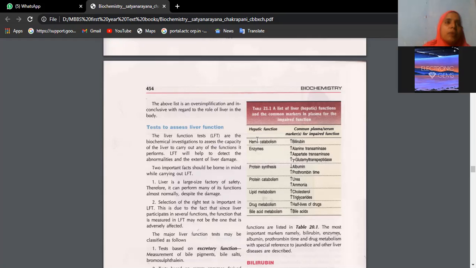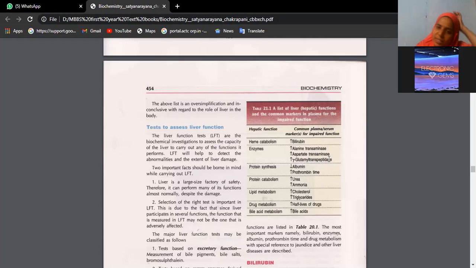Okay, there are other types, like sickle cell anemia, where you will see the RBC shape is distorted into a sickle and they get easily broken down. So in all these things we have to check with this parameter. Suppose if liver is damaged, these enzyme levels will rise: alanine transaminase, aspartate transaminase, and gamma glutamyl transpeptidase.